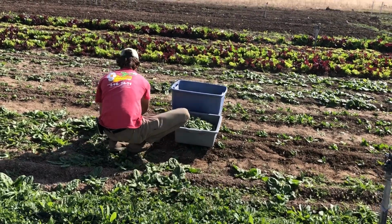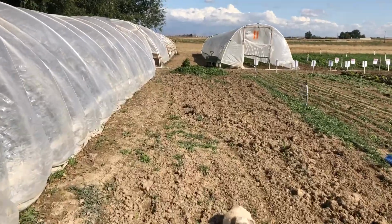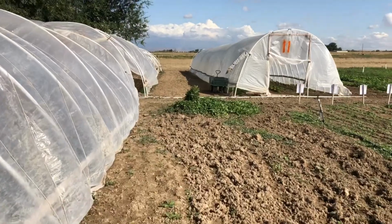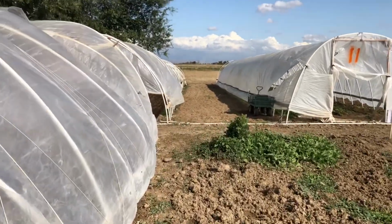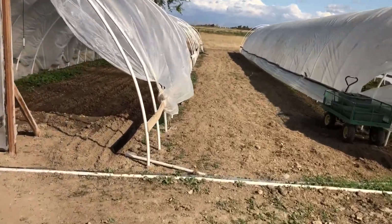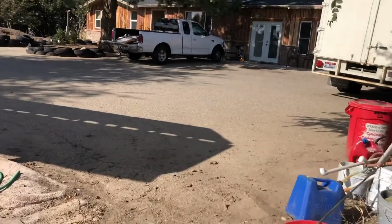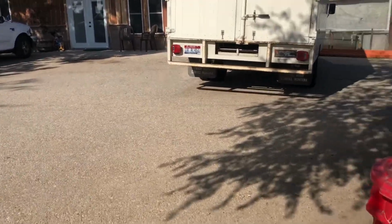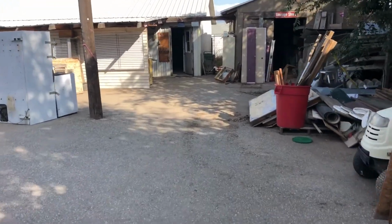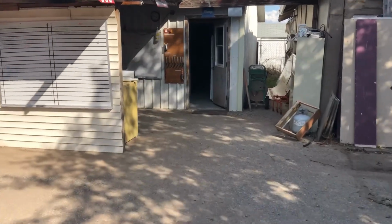So when this tote is full, you get up. Here we go. As soon as I get out of the dirt, I'll walk a little bit faster. But this is essentially the trek that has to be made. All right, I'm in here. Right now, so what they'll do is they'll come and they've got the full busing tote now. They're gonna come all the way back here to the washing area